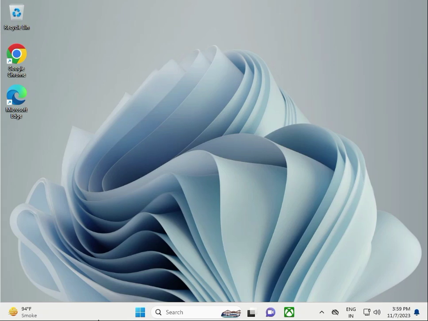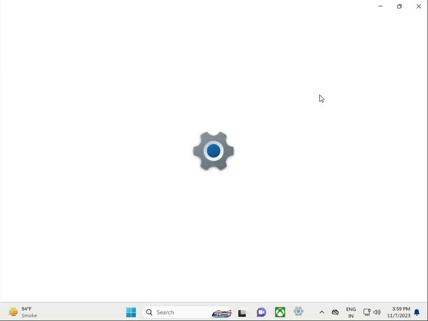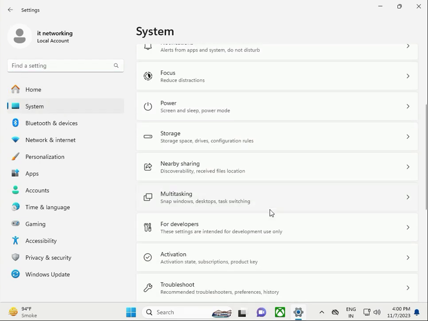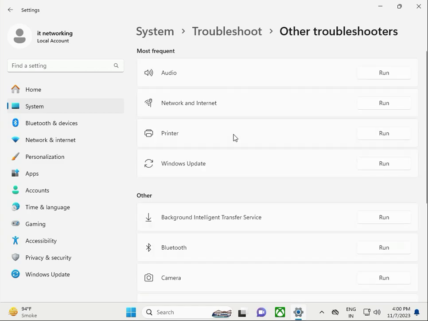First, run the Windows troubleshooter. Click Start, then Settings, System, scroll down to Troubleshoot, then click to run the Windows troubleshooter. Okay, and wait a few minutes. Then